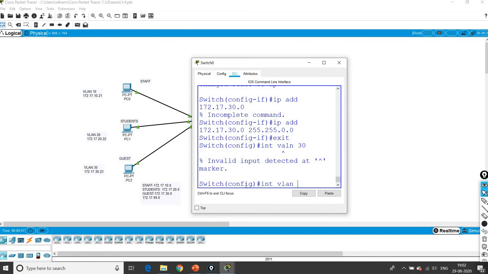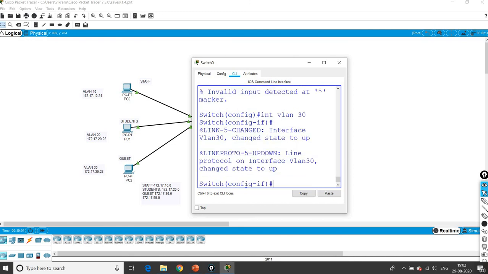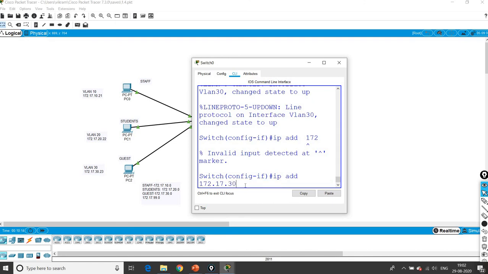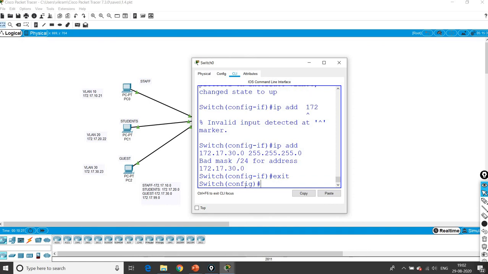VLAN 30, ip address 172.17.30.0, followed by the subnet mask. Okay, exit.